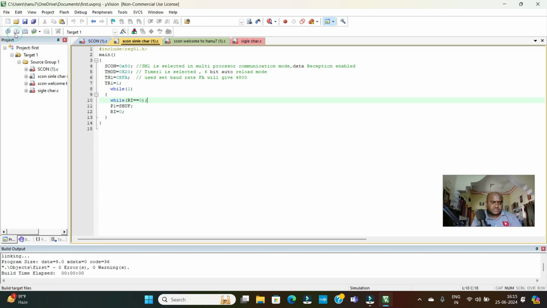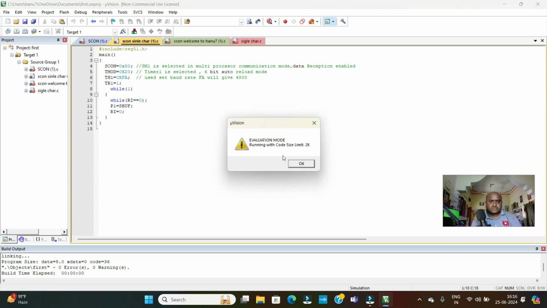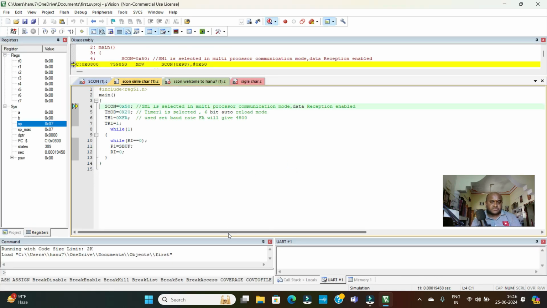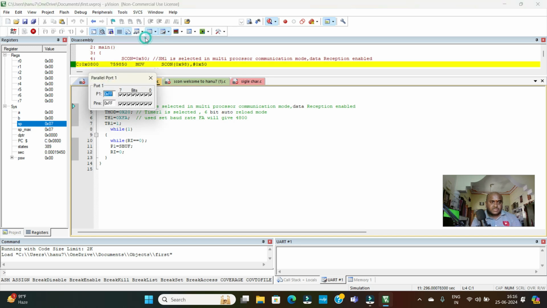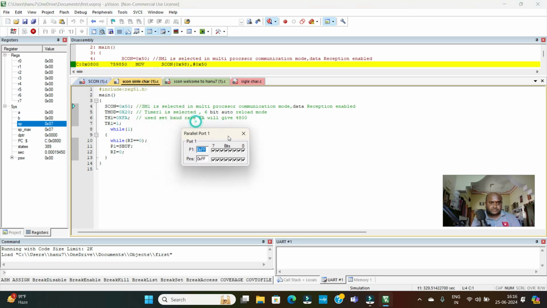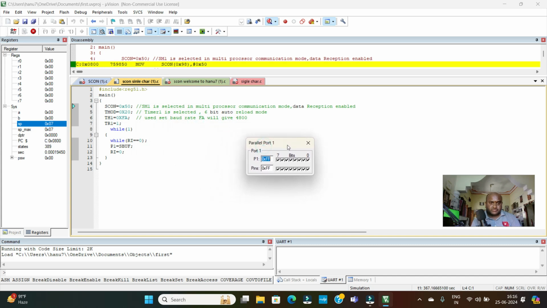And let us check. There are 0 errors, 0 warnings. After that, you can go to the debug menu and then click OK. Then start continuous run. Okay, so nothing is coming here. That means we are waiting for somebody to send the message. Who is that somebody in the simulation? So let us open port P1. Output is supposed to come here, right? So in the P1,